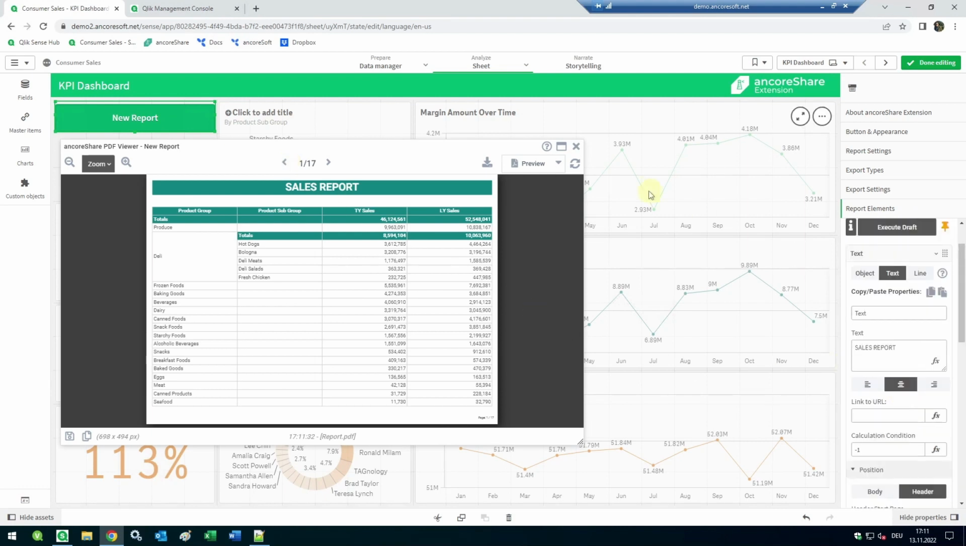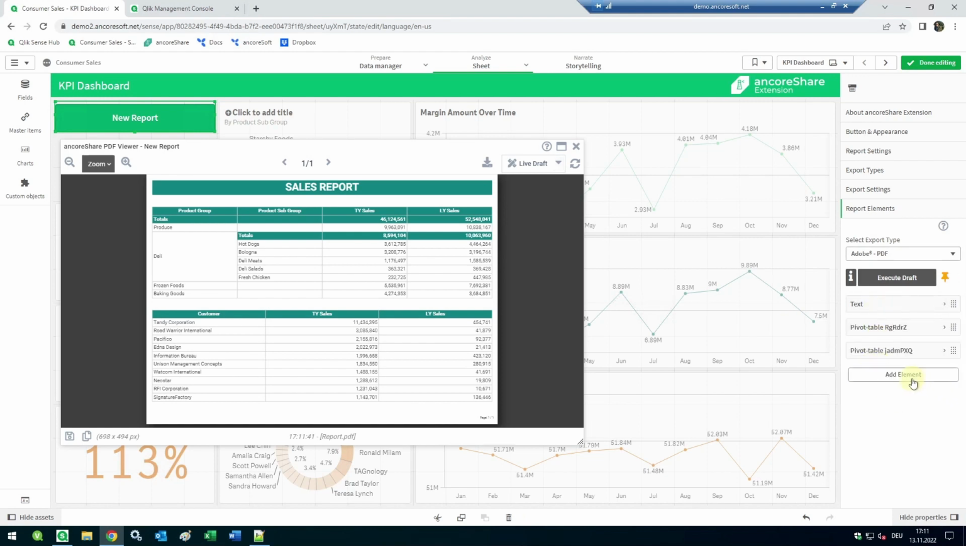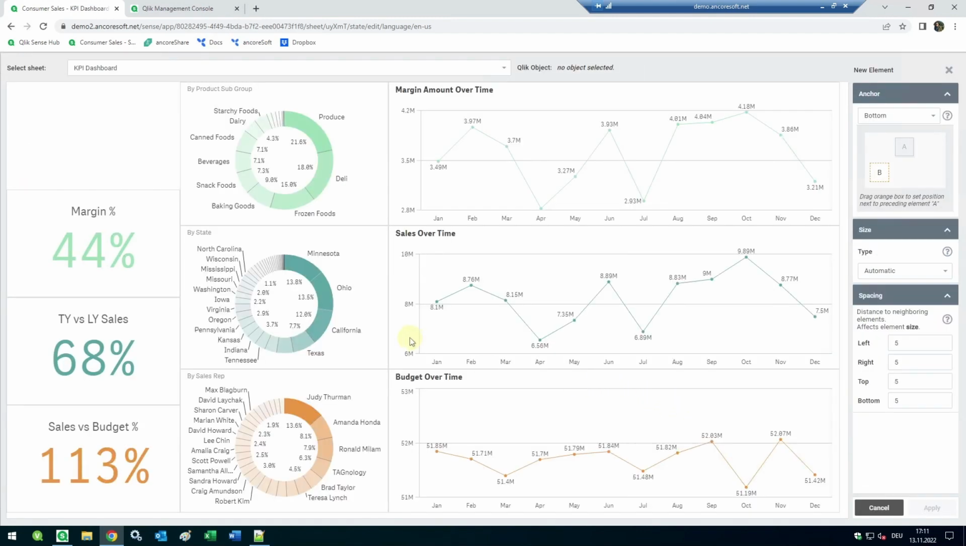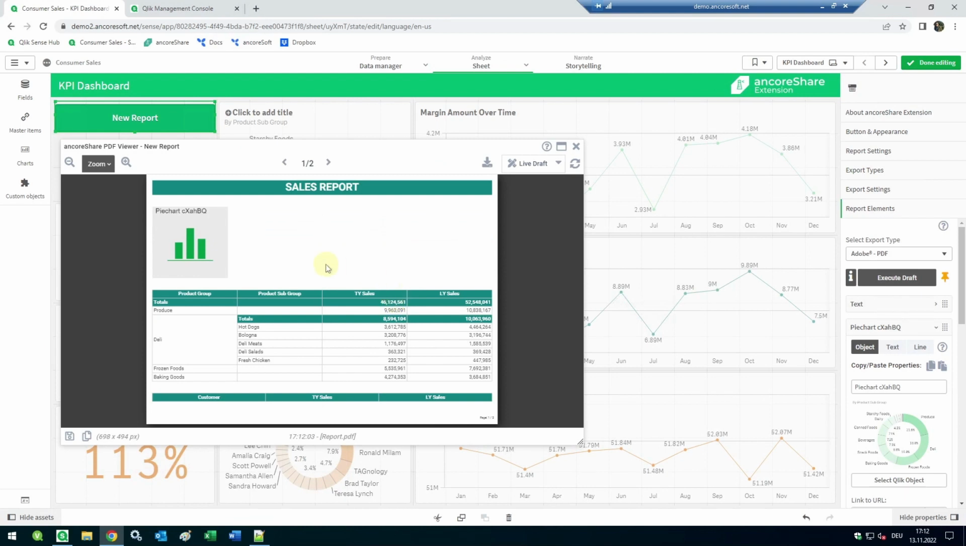Okay. Now let's add a chart. Also in the first place here, select object, and we're going to use, yes, very good, the by product subgroup. We keep the size, and on the right side of this we add another element. So we put it below the pie chart,